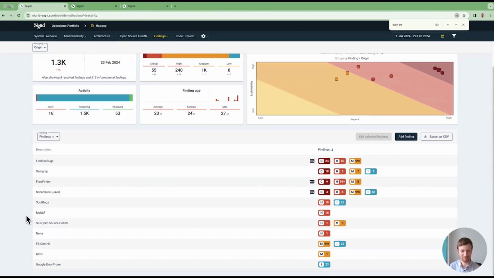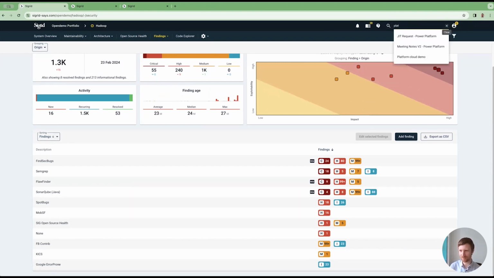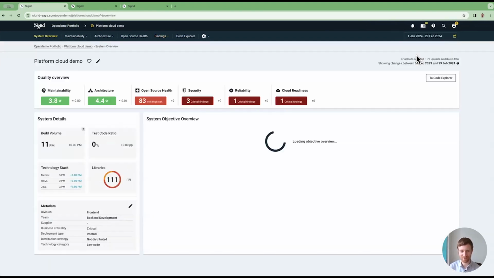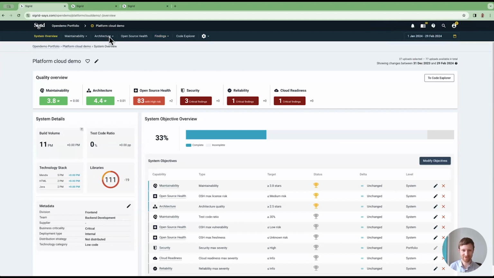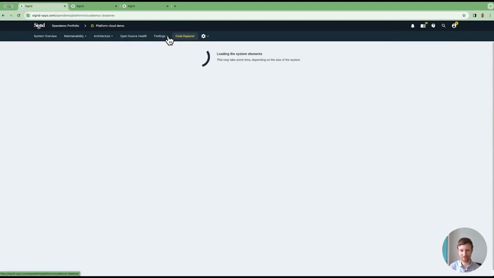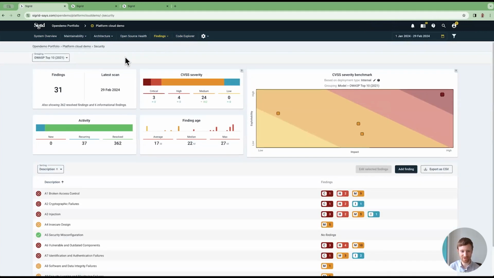And yes, we also have analysis tools for low code. What was the name of the system again, Hugo? Platform cloud demo. Yeah. Platform cloud demo. This is a Mendix system. Yes, it is. So just go to security, and